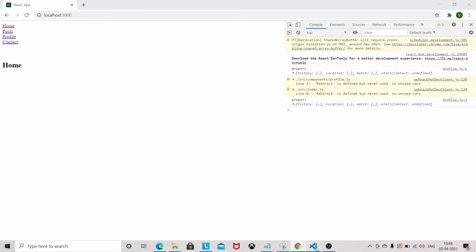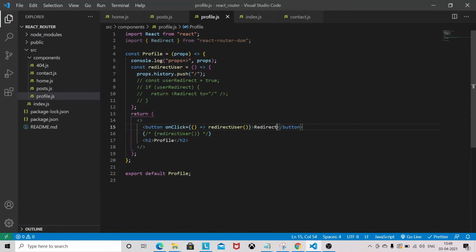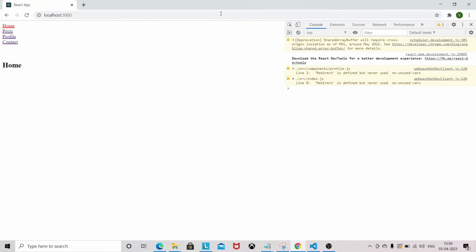You can make this a little bit smaller, so you can destructure history here as well. You don't need to write props.history.push; you can directly write history.push. This way it also works, so you can see redirect is working.